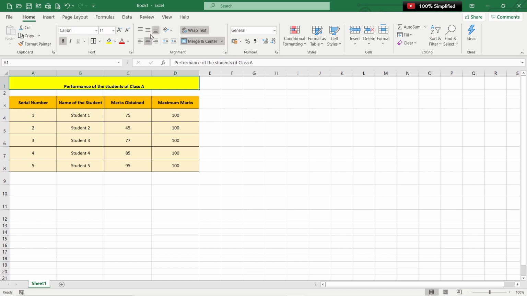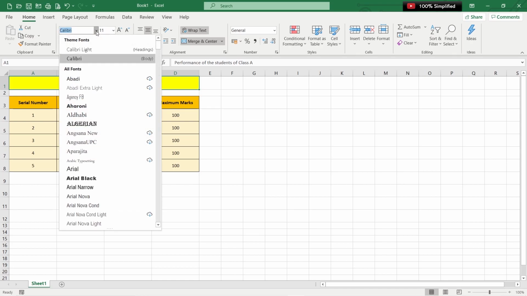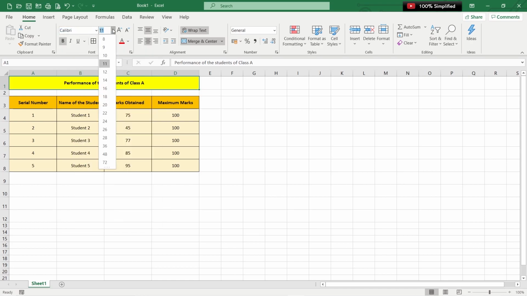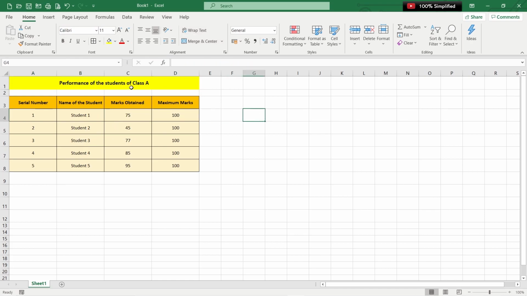Let's do a center alignment here, center alignment from top to bottom also. And also you can increase the font size. Just click on the cell and go to Home, Font group, and then you will find various fonts here. Also increase the font size. Let's say I make it 12. And here we go. One more thing to be done is to add a border. Let me just do that. Yes, here we are. So I think this is exactly how the data can be made to look visibly better by doing various data formatting changes.